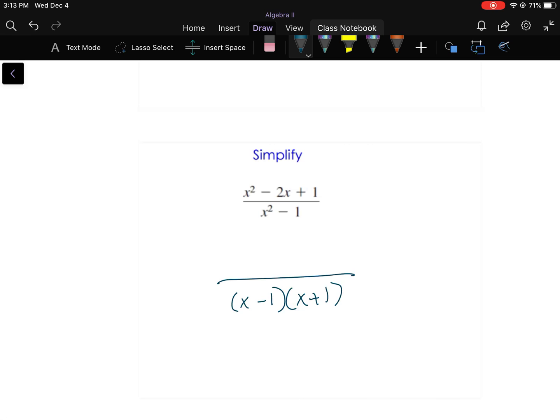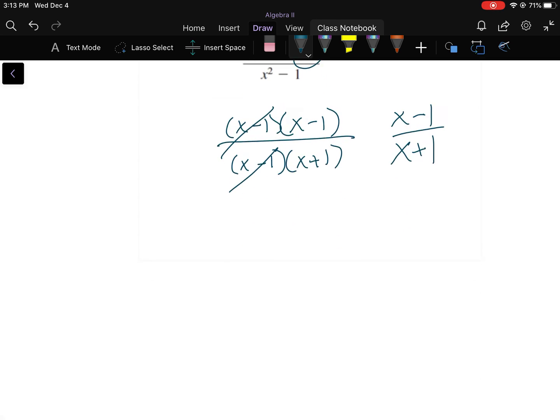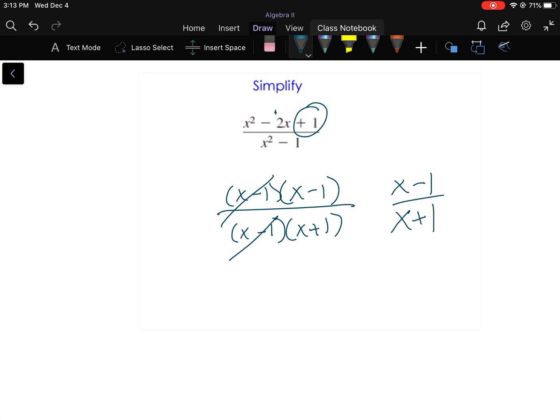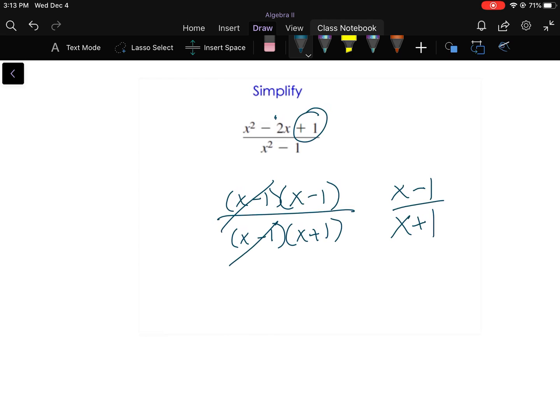Okay, so on the top, I'm trying to get an x plus 1 or an x minus 1. And the top is x minus 1 times x minus 1, factors of positive 1 that add up to be a negative 2. So the x minus 1's cancel out, and I'm left with x minus 1 over x plus 1. Okay, hopefully I'm not going too fast. I'm not trying to, but again, you need to factor